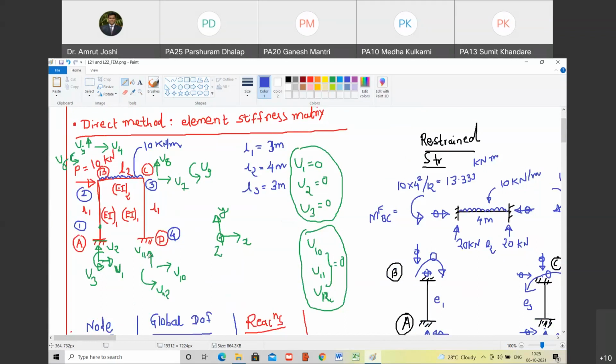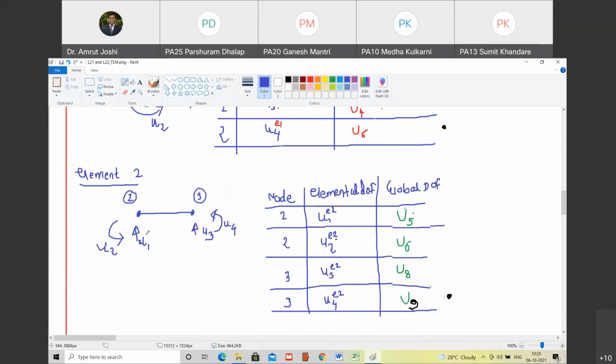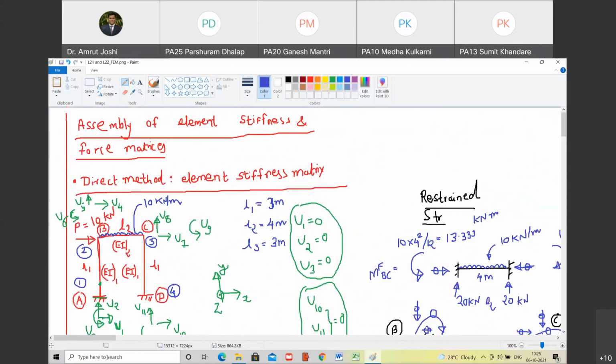Now you can also then argue out why not u5 and u8 are dummy degrees of freedom, because even though u5 and u8 are not mapped to any degree of freedom in element number 1 and element number 3, they are mapped to some degrees of freedom in element number 2. Element number 2 के degrees of freedom देखो, element number 2 के local degrees of freedom u1 and u3, they get mapped to u5 and u8. So therefore, U2 and U11 are to be disregarded.